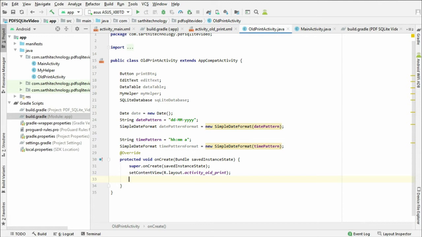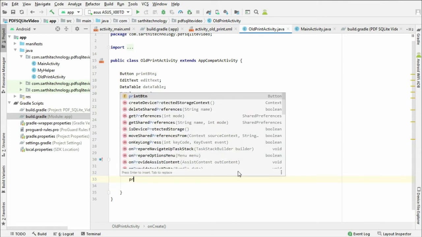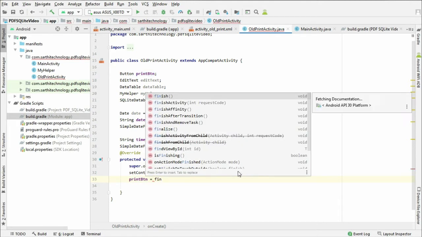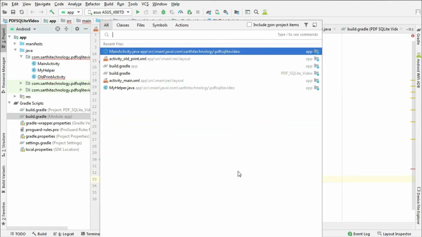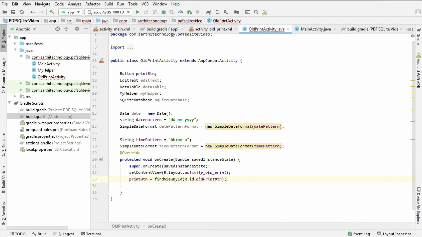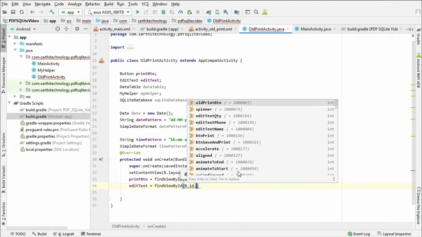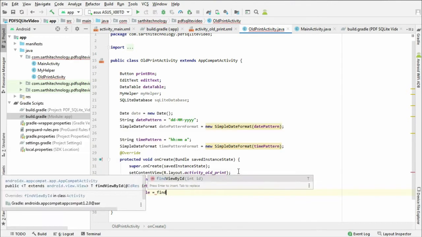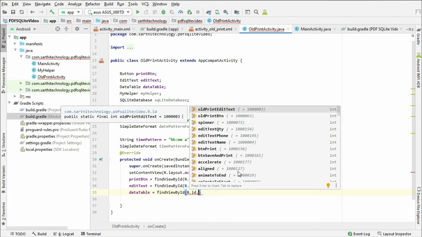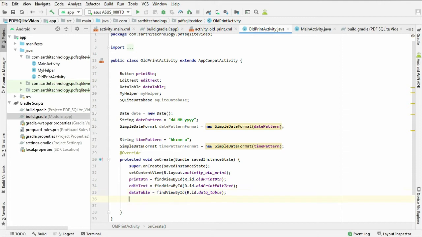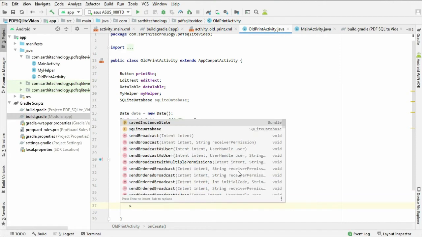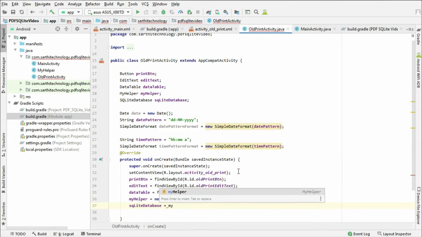So print button equal to... okay. So this is my helper and SQLite database. myHelper.getWritableDatabase. Now we need to create a header of this table, and for that